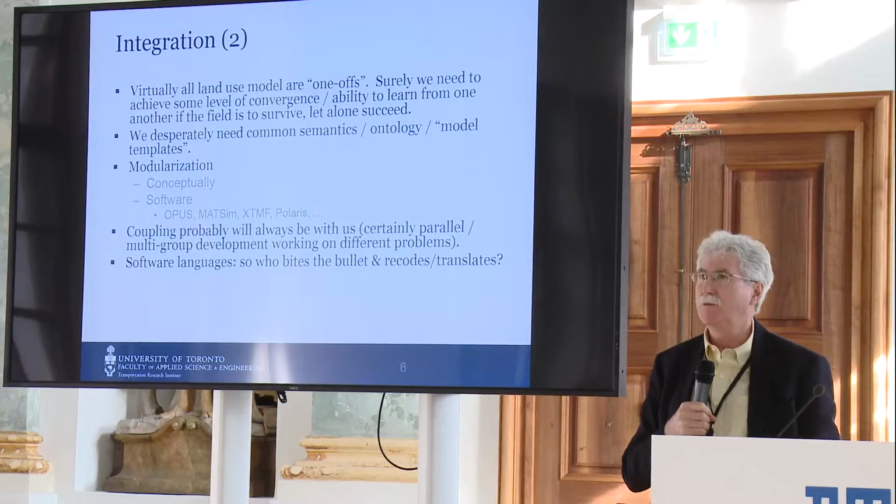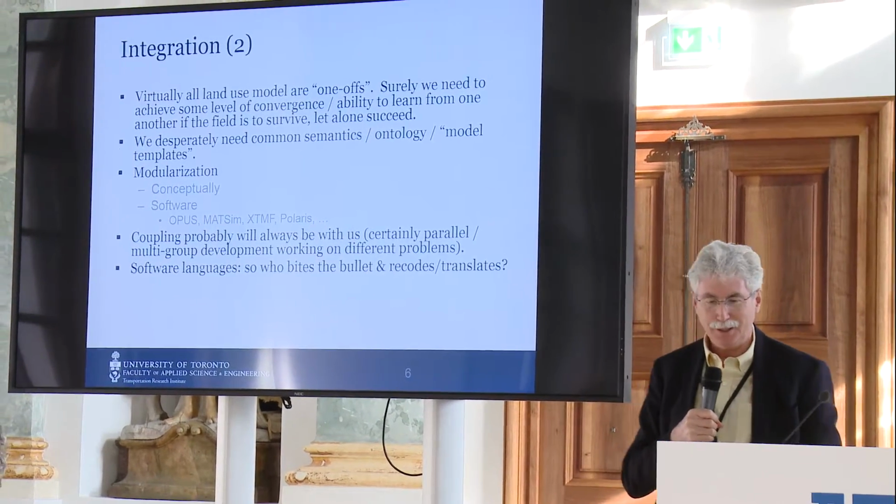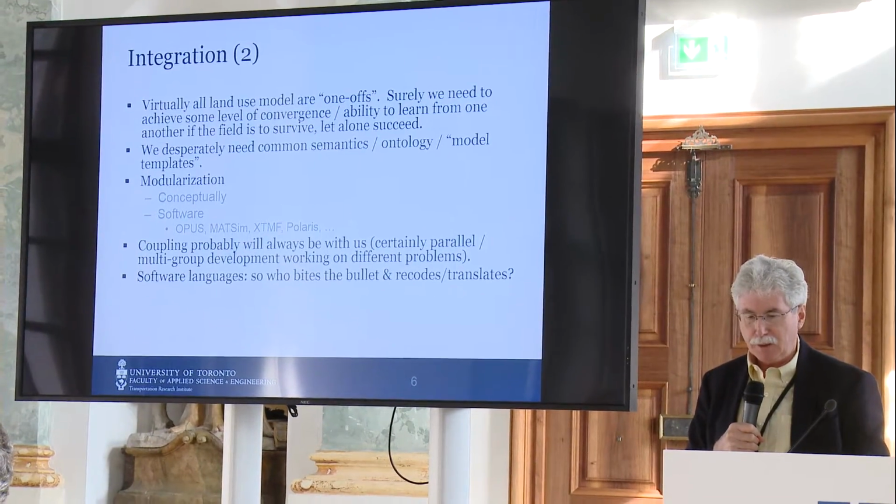This was the motivation of Opus. I think MatSim is probably the best example of this at the moment. In our own work, we have something called the Extensible Travel Modeling Framework, where we're trying to write a system of modules that allow you to swap, and you can, in a graphical interface, bring modules together to build your model system. Everything we're doing is within that at the moment. And then at Argonne, Polaris is the same idea. But the problem is we now have these silos of different people trying to do this same sort of integration. And I do think coupling is always going to be with us.